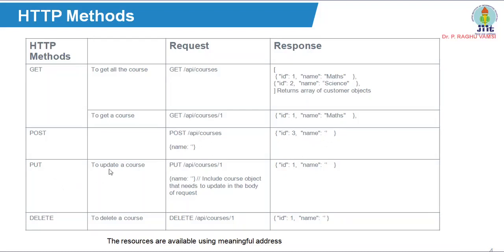PUT is especially used for updating the content. To update the course, the ID of the content you want to update must be placed here. Previously, we have seen whenever you place /1, then the first ID, first course information was shown. Like that, if instead of math you want to place some social or other thing, then you can use the RESTful API and set the name as some other name like social instead of math, and you can use the PUT information like this.